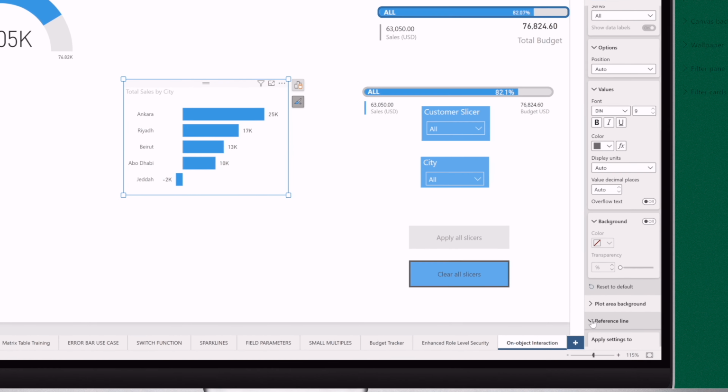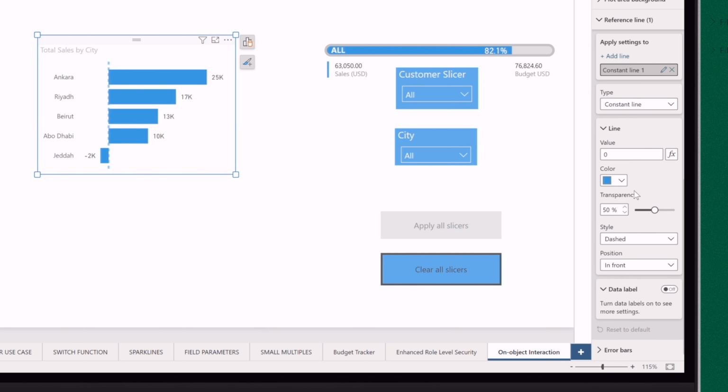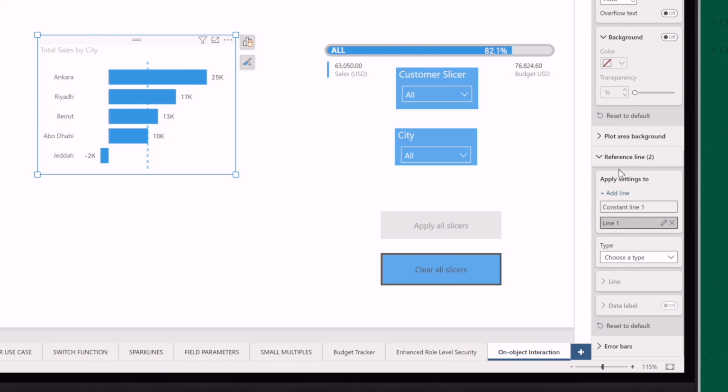And I can add reference lines to it. You can add a line, choose type, constant line, and you can see the constant line is just here. And in the constant line, I can add it to be, say, 10,000. And this way, you will have, for example, a mark of the 10,000 here, and you can add another constant line